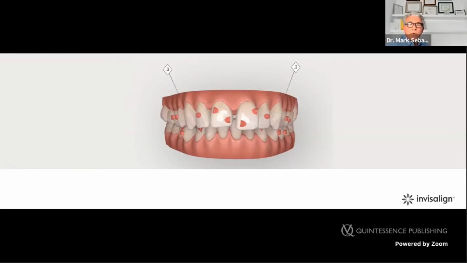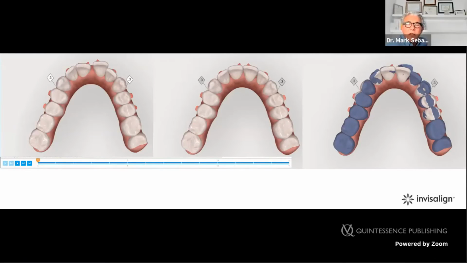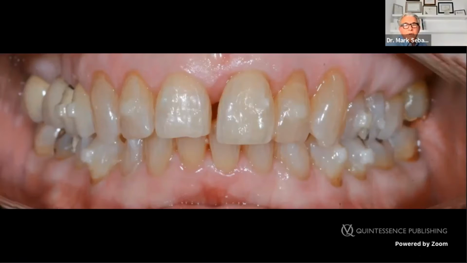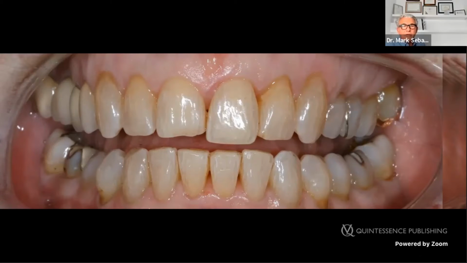So again, the view in a different angle, and this was, I think, about 14 aligners, and we changed the arch form, the position. We changed the overbite. We pushed down the front teeth. You see the attachments in position, some conventional attachments, some optimized attachments. And this was the end result after the Invisalign aligner treatment.